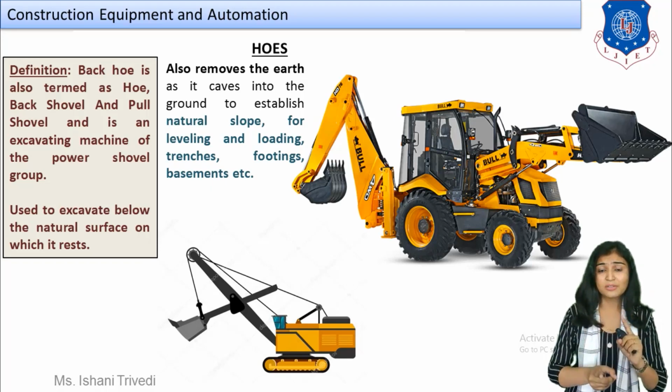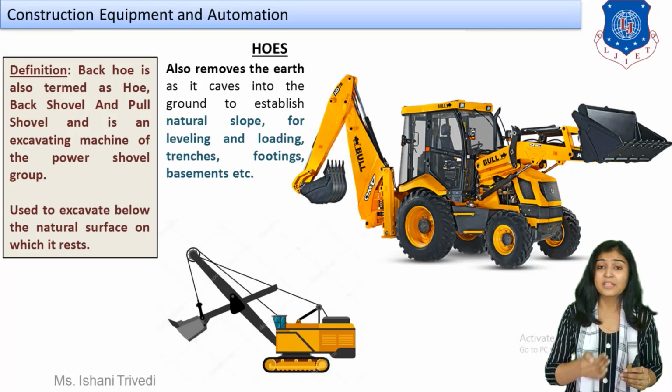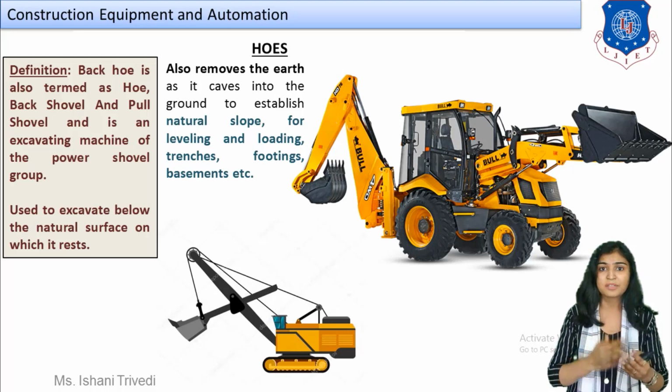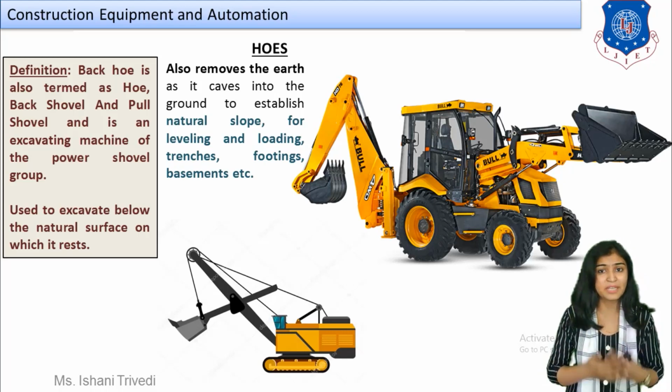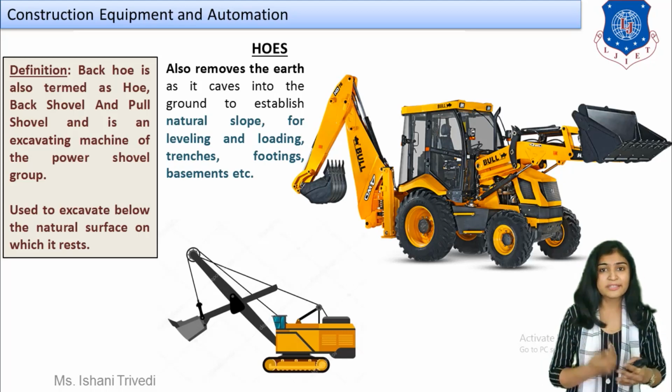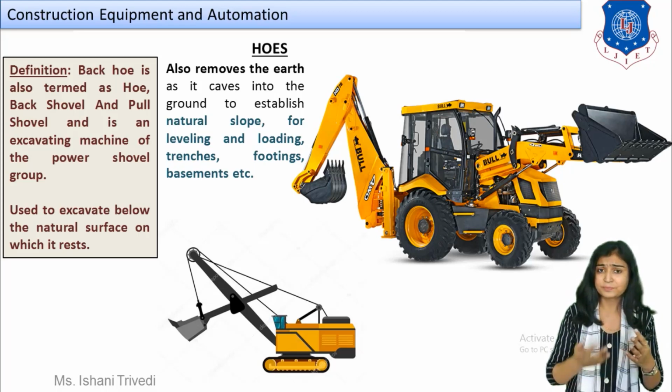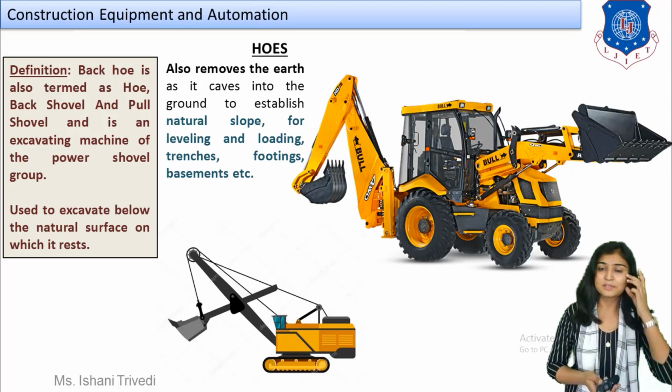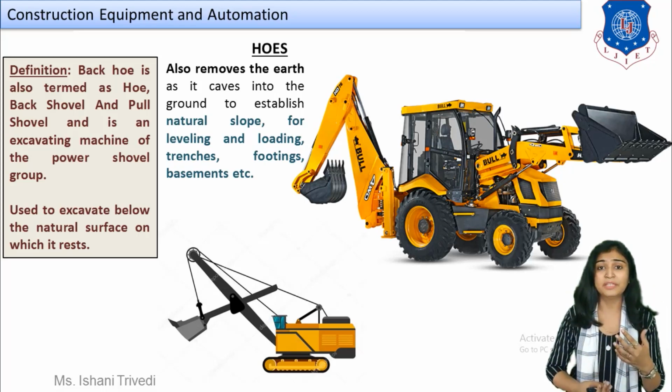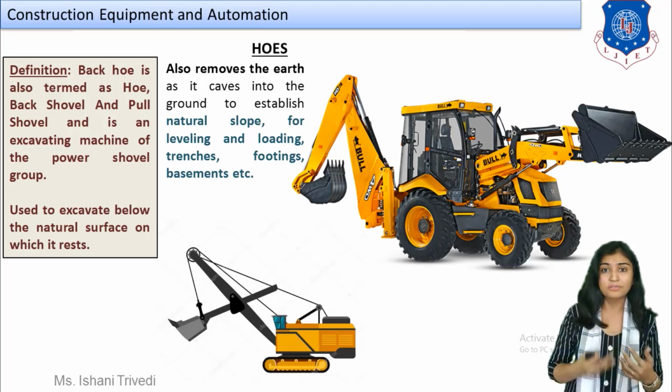Because of this, the power shovel can dig above its track level only, while in the case of the hoe excavator you can dig below the track level as well, just like the drag lines. So this is the major difference over here. But there are also certain limitations. You can work in soil where heavy boulders and heavy rocks are not present. In such cases only can you use this type of excavator. This is also one of the types of the power shovel. You can call it a power shovel as well. So this is your type of excavating equipment called the hoe excavator.